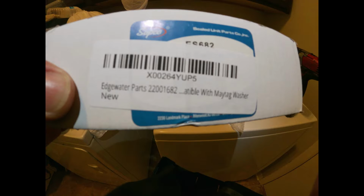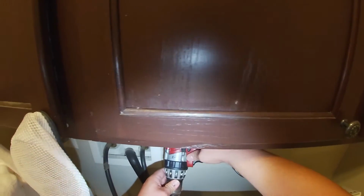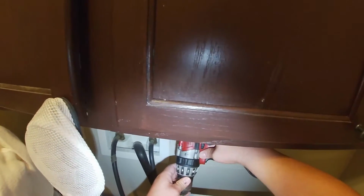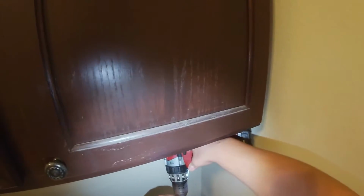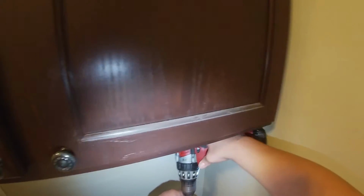Today we're going to be working on this old Maytag. The model number is on the display. This is a Maytag washer. This is the part number that we're going to be replacing today. And the problem that we have with this washer is that it's not spinning. It's not finishing the cycle. But this can also be a repair for if it's not agitating as well, because it's the